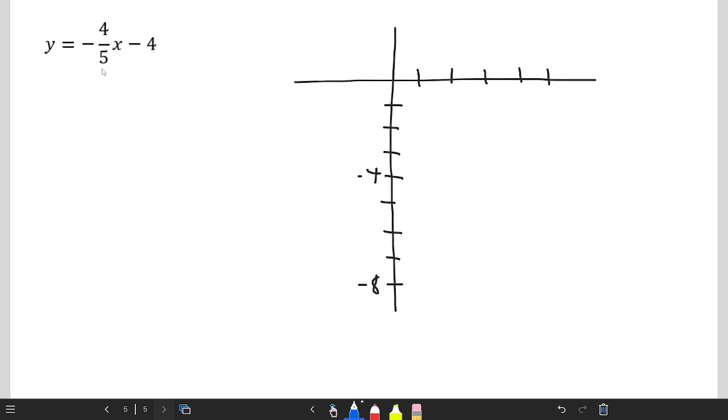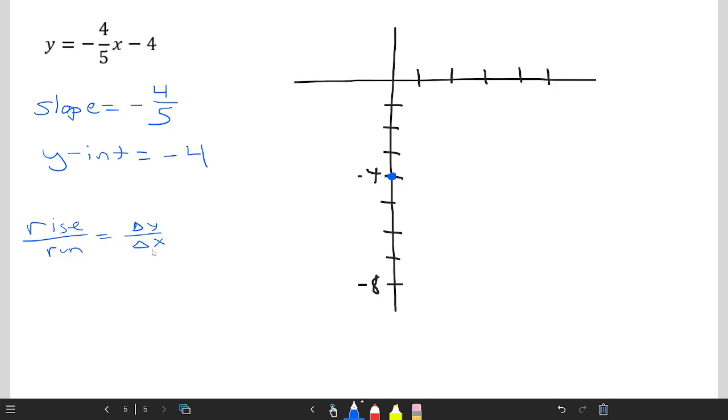All right, here we have a negative slope. So the slope here is negative 4 over 5. And then the y-intercept, so this is like negative 4/5 x plus negative 4. So b is negative 4. So we can plot the y-intercept there. And then thinking about that slope as rise over run, or change in y over change in x,